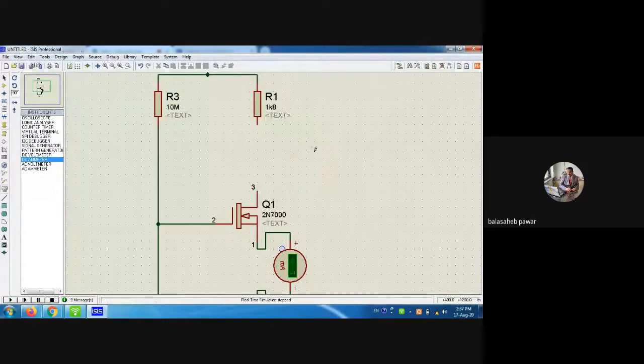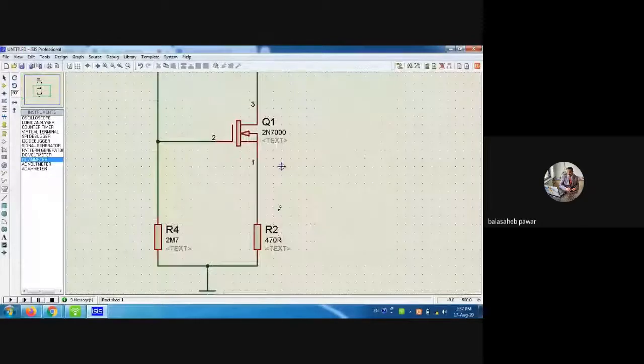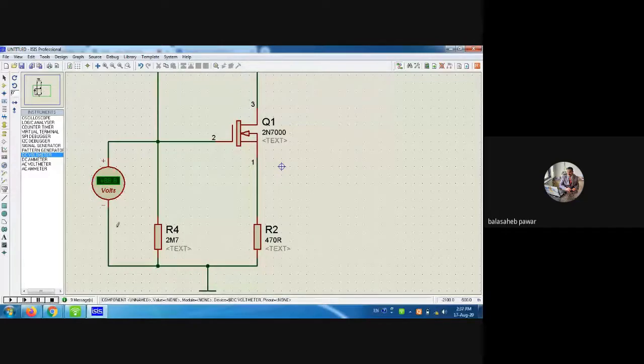Again, reconnect all these things, whatever I opened for the measurement of ID. Now we have to measure the remaining voltage levels. First of all, we will measure VG, that is voltage applied to the gate, or voltage formed by that voltage divider. How much was it? It was 2.1. Am I right?